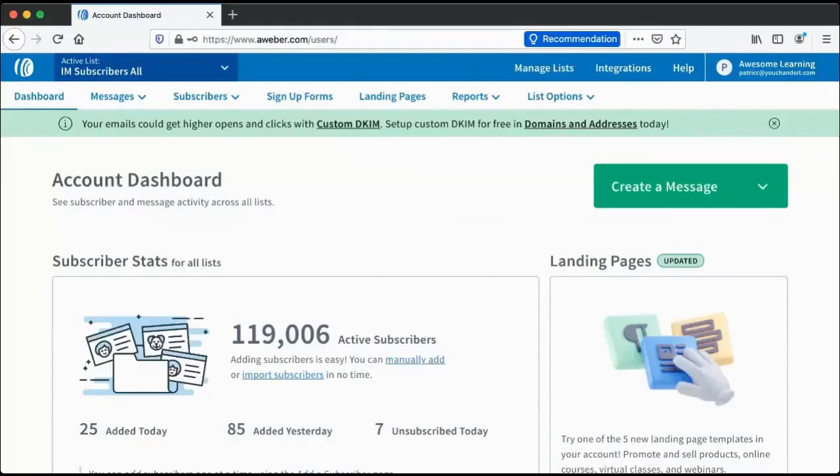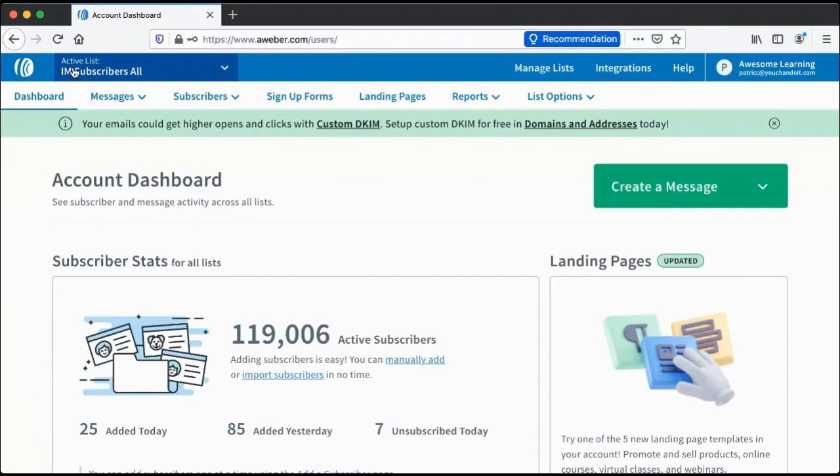All right, so you should be able to see the Aweber account. Just so you know, when you log in, if you are new, then you won't see anything. What you're seeing, all the stats, is my account where I have my existing subscribers. So for you, you will see nothing there. But I'm going to walk you through it as if you are starting from fresh. If you start from scratch, you don't have any active list yet.